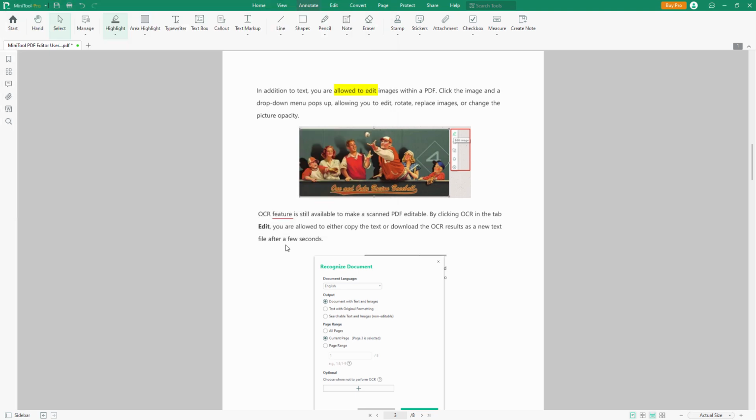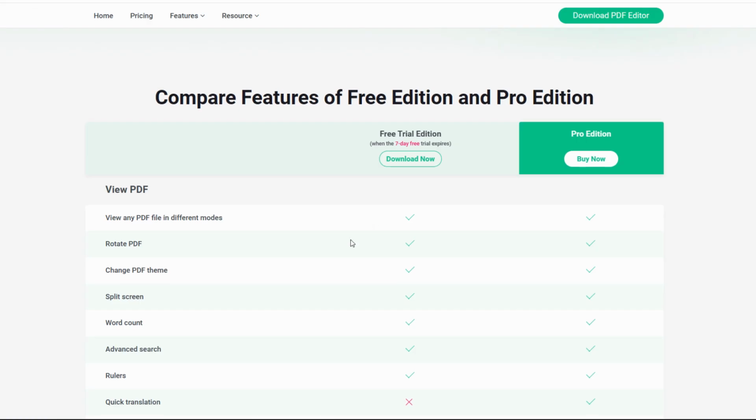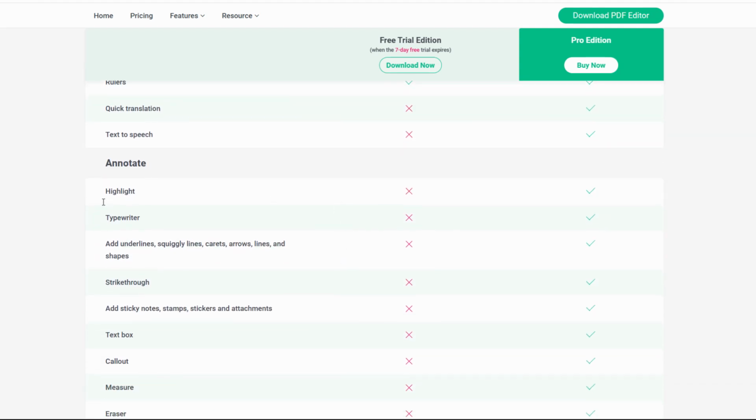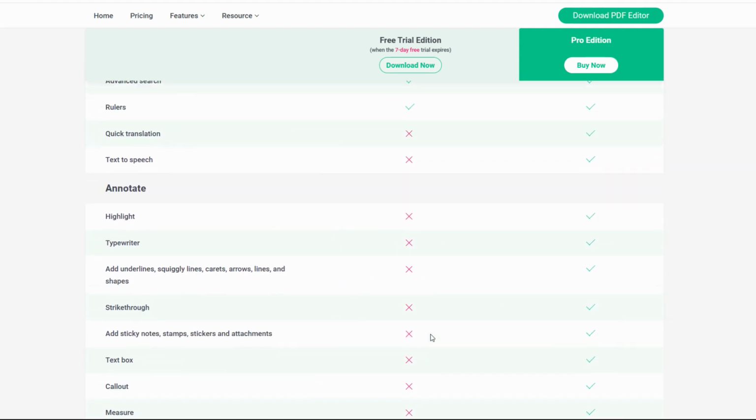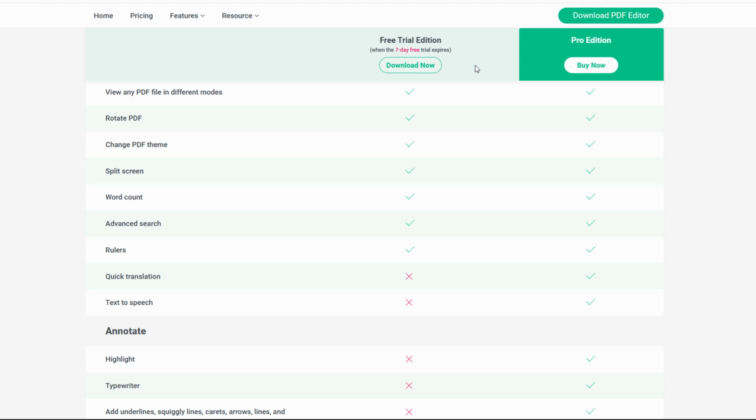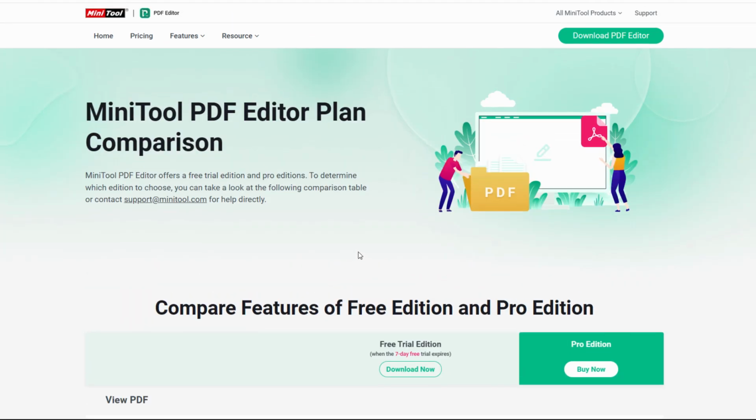So notice that even though over here on the website, it says that you can't do the annotations, you actually can do these on the free version. That's what I have running right there. So you do have access to those tools, and you can test out the whole program and see if you like how it runs. And if you want to purchase a program, which I recommend, this is a great editor,